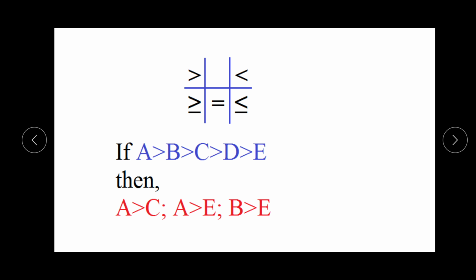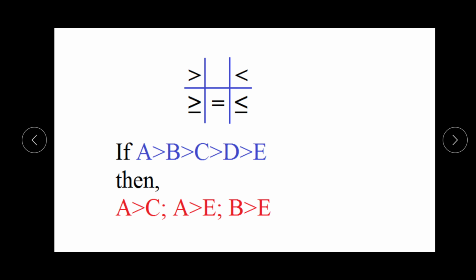These inequalities, to understand clearly, we have discussed in this diagram. It means we are using two halves, the upper half and the lower half, or you can say the strong half and the weak half. When we use these inequalities, we can understand them better. First we take this inequality, the greater than inequality. A is greater than B, B is greater than C, C is greater than D, and D is greater than E, it is given.